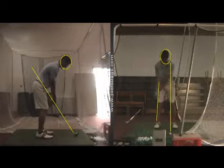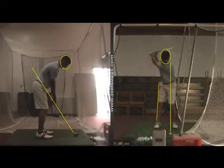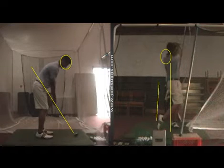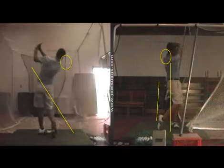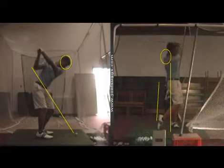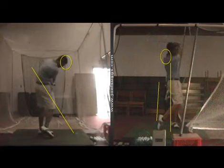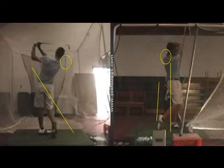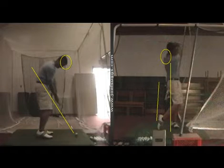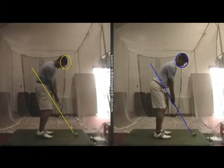So that's what it looks like from that face-on angle. Again, just a little bit longer than what we would want. And on the downswing, just a skosh above the plane. Definitely a little different there, the way your head was pulled back away from it through impact, and so